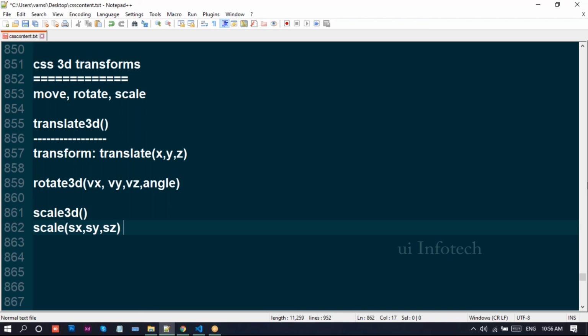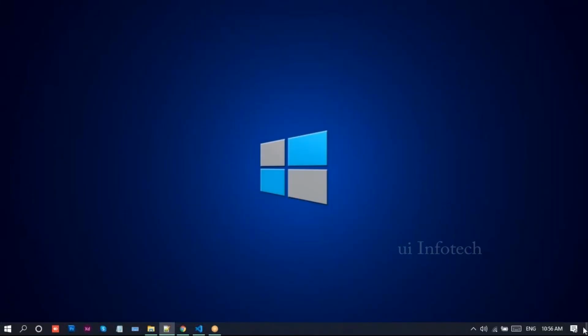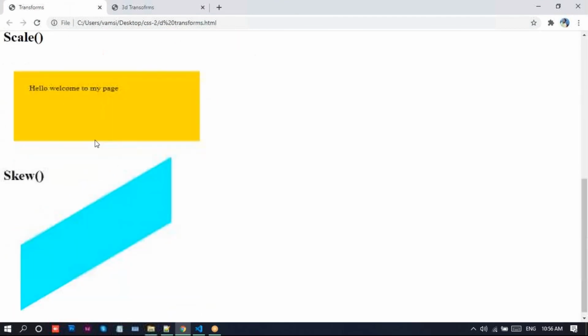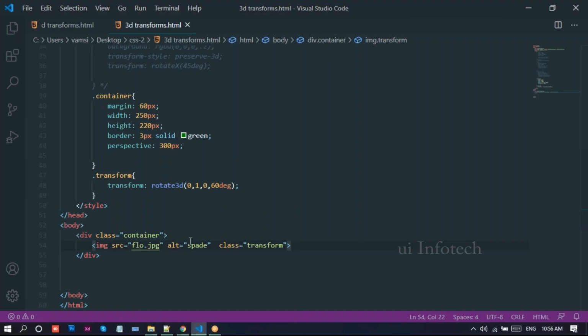So it is used in combination with other functions, so we can increase the size and we can decrease the size. So in these 2D transforms, we have seen the scale property in order to increase the size. And let me discuss this 3D scale property.